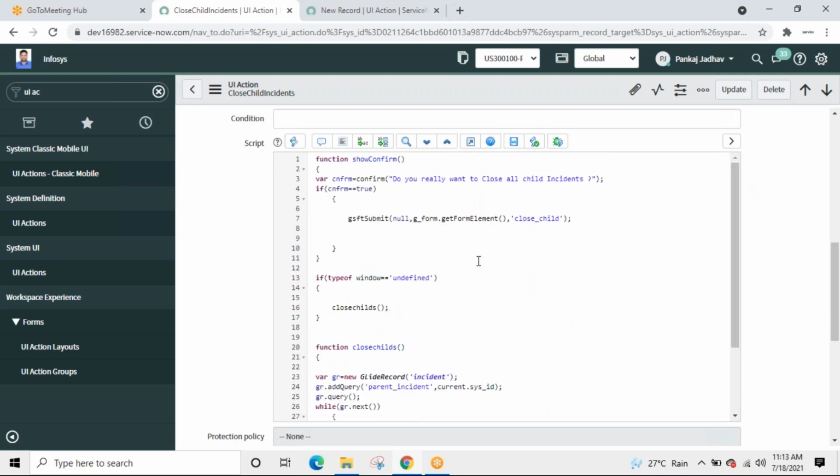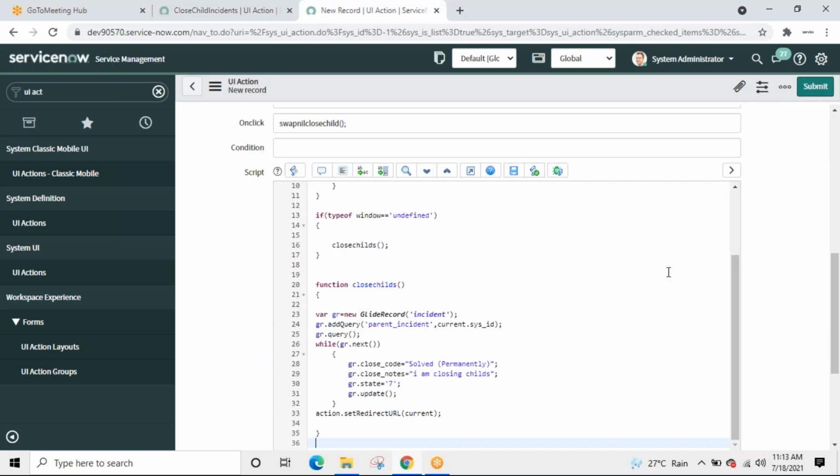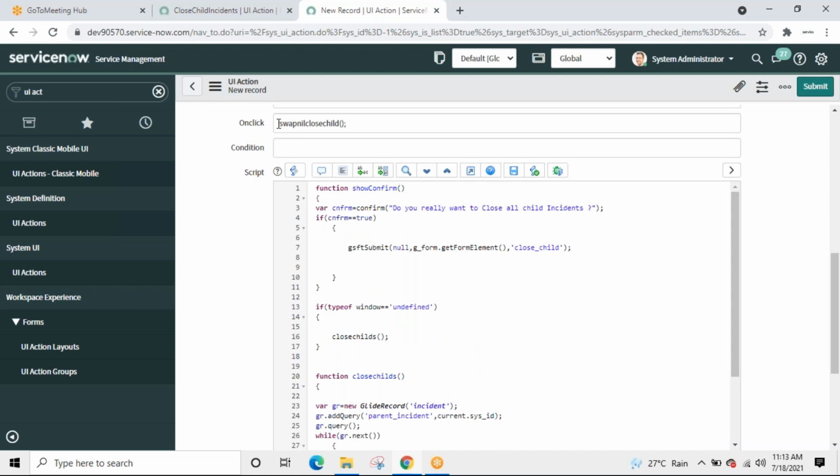We understand this code. So let us take this, Control A, Control C, put it over here. Now I have put the code, but I have to change this, right? Control C, what is present over here should be present over here.